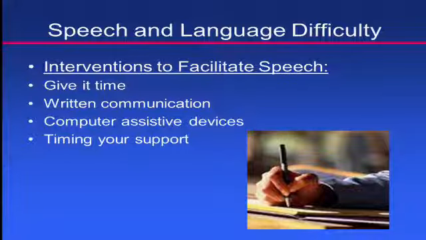Also, we often get asked, when is it appropriate to intervene, to help out? When a patient is stuck in terms of expressing themselves, when can we intervene? And what we want to say is that it's important for your loved one to use the language. So the more you use it, the better the chance it's going to be maintained. And at the same time, don't let him or her be too upset. It's going to be up to you when to intervene. So allow him or her to use the language, but if it becomes very frustrating, please do join in and try to help out as well.